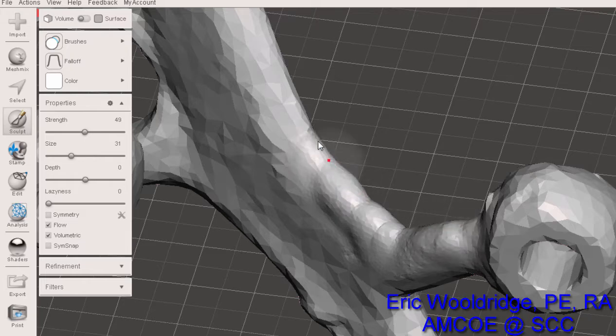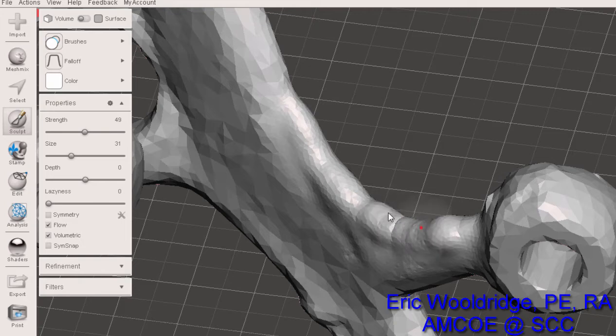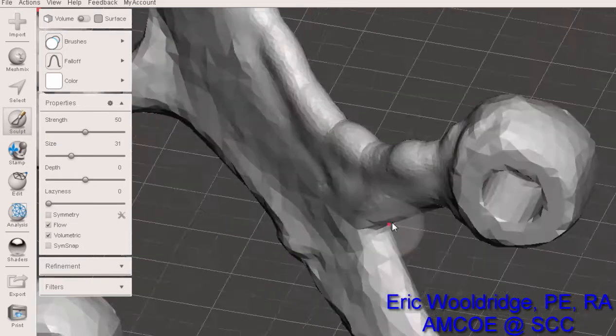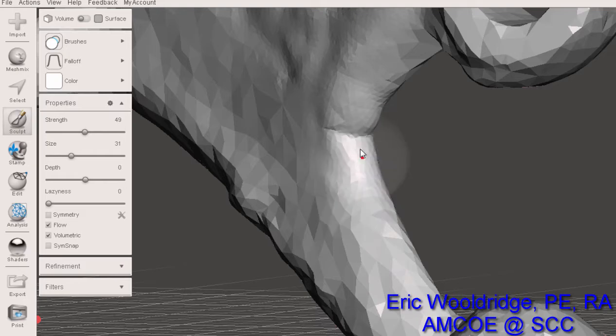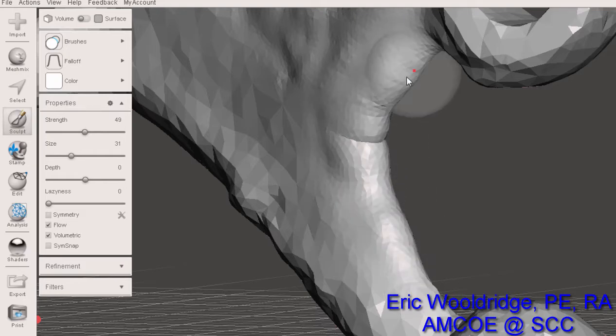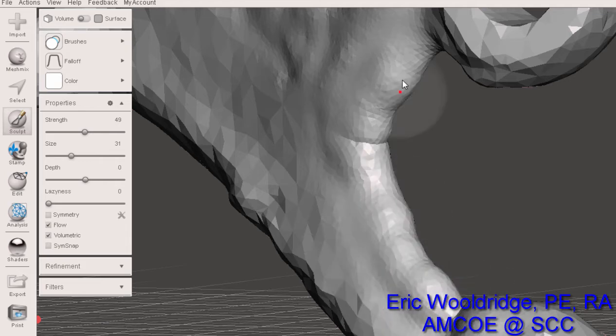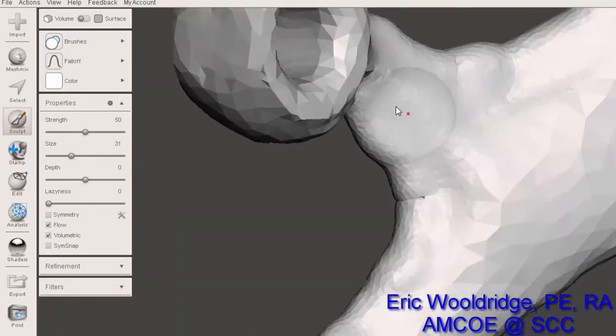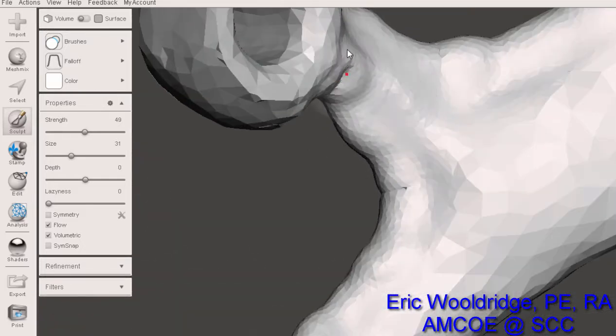Now the negative side to the bubble is that it does create a bubble, and if you don't move fast enough, you're going to get that weird bubble effect. So I'm just going to move around here and thicken up that wall, because I can see immediately that it's too thin. So I'm going to pull this down a little bit this way, pull it this way. In fact, I'm actually going to go all the way down, back and forth between these two zones. You also notice that I have to come around the back and thicken up maybe a little bit there,